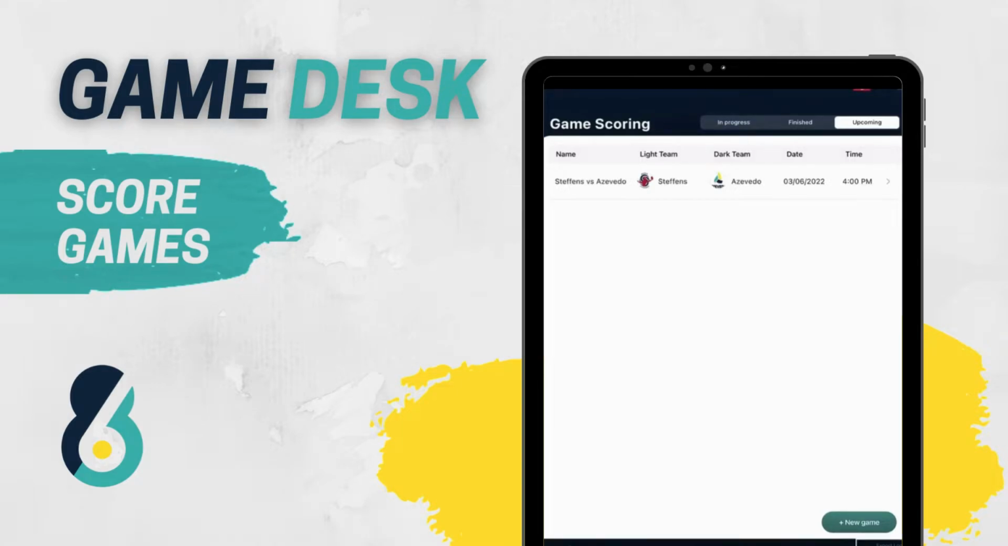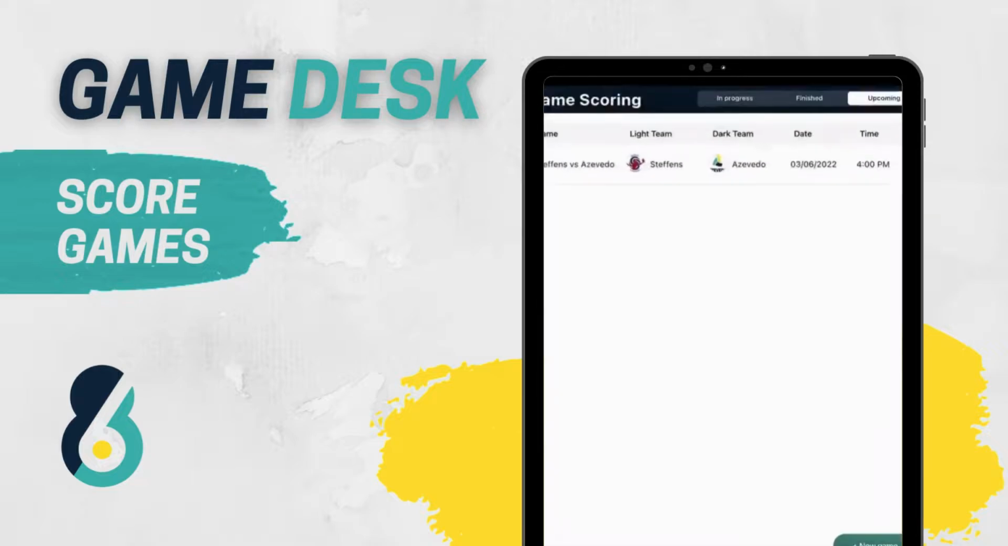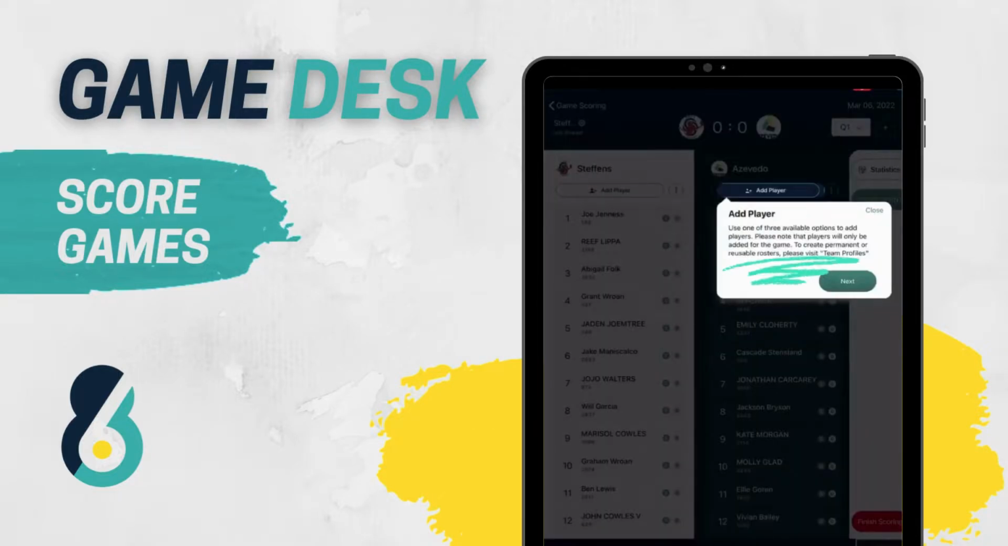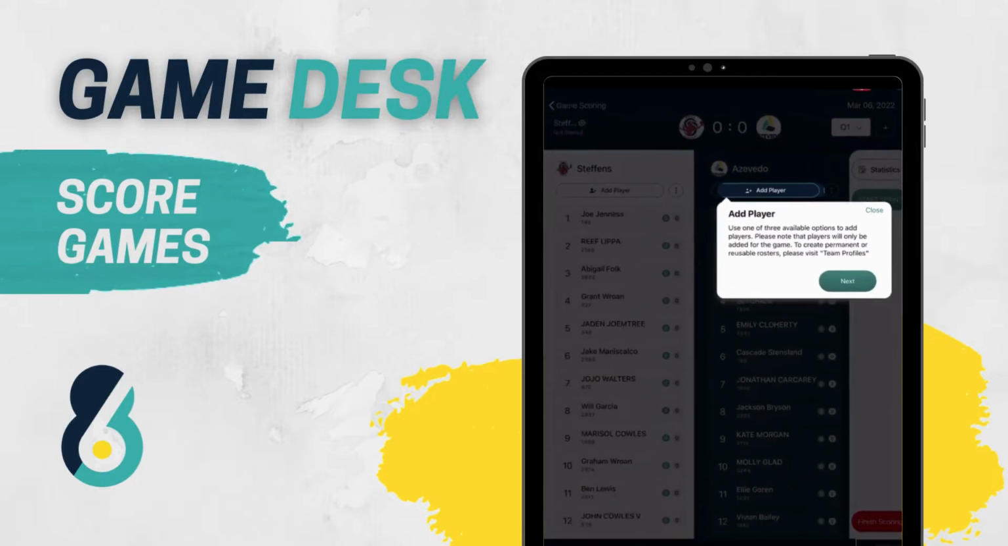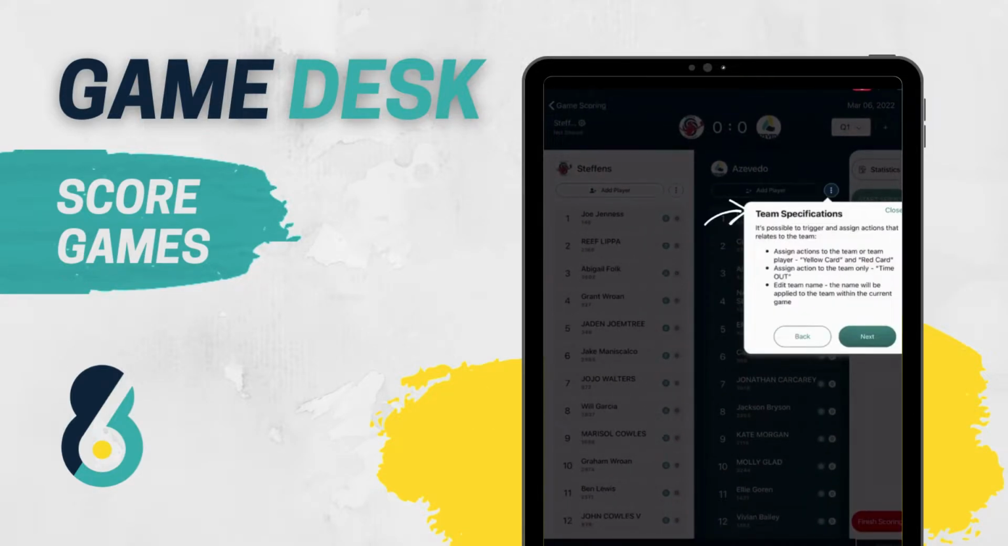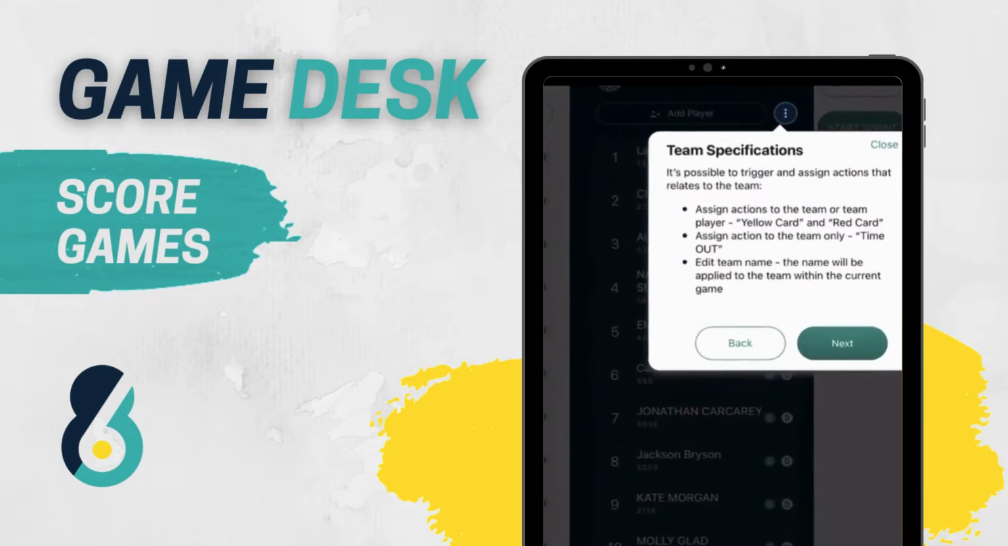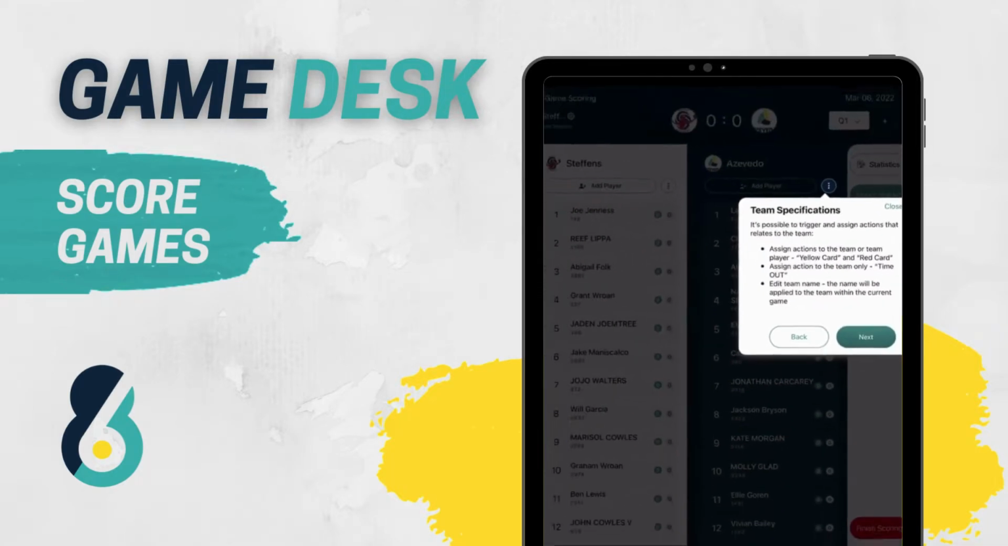Once we've scheduled the games, we can now go in and start scoring. Once you click the game, you can select Start Game and learn about each functionality. You can add players to team profiles. These 3 vertical dots allow you to add yellow and red cards, as well as track timeouts and edit team